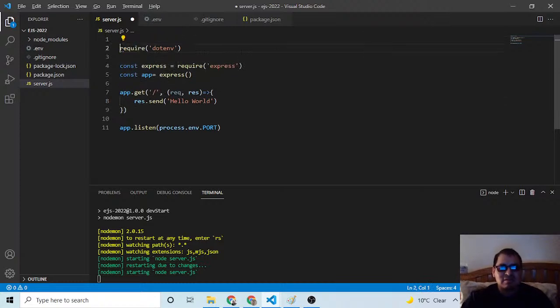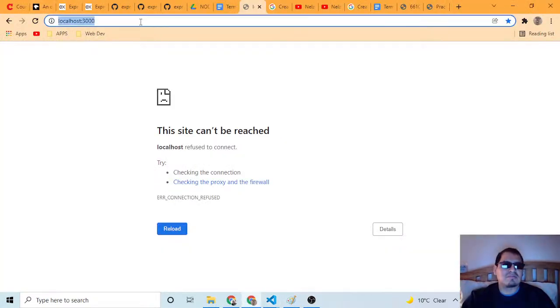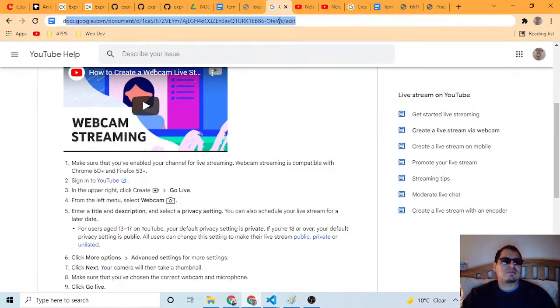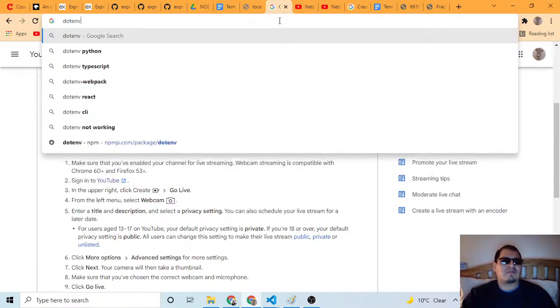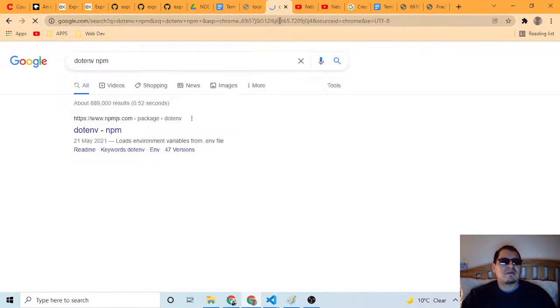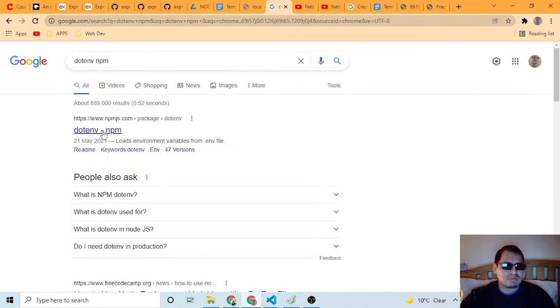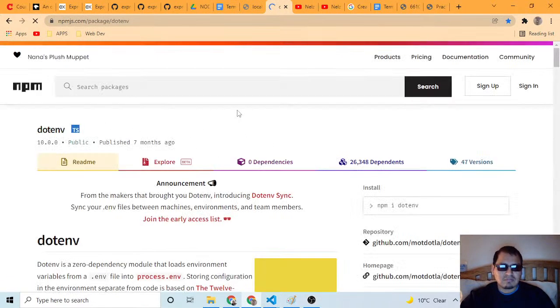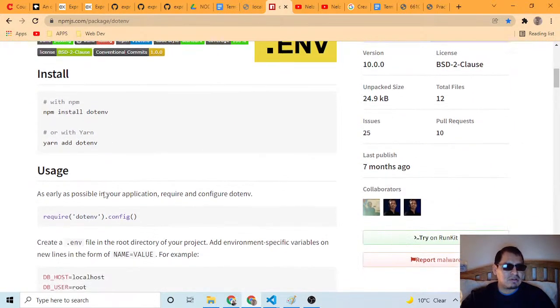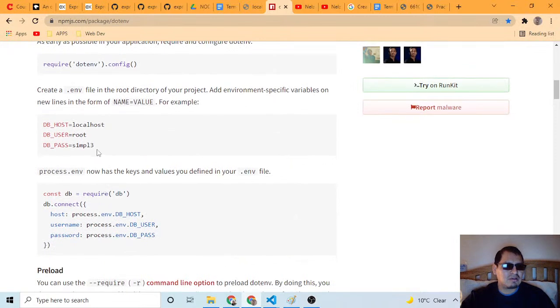Let me just go and Google it. Okay, anytime we have problems, we have to check dotenv on npm and how it is used. Okay, install, and then look, create a .env file in the root directory of your project.